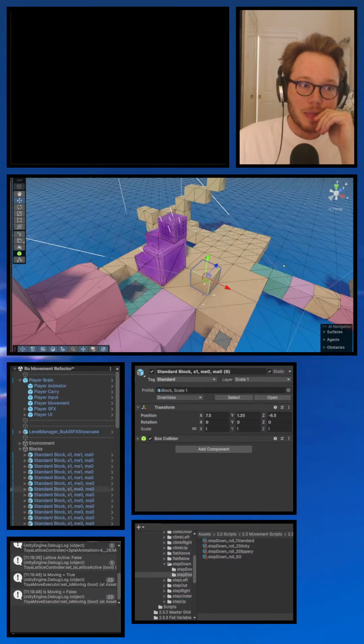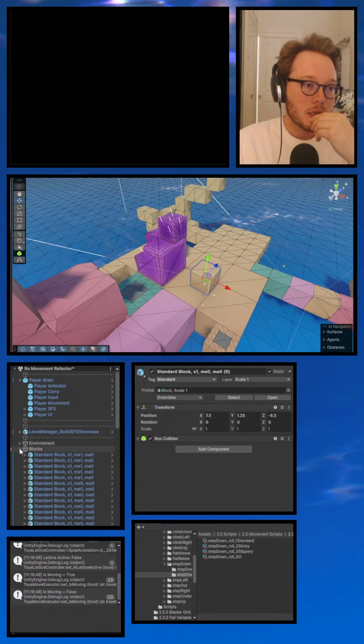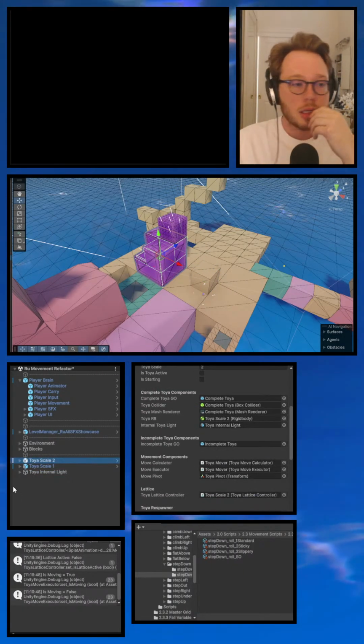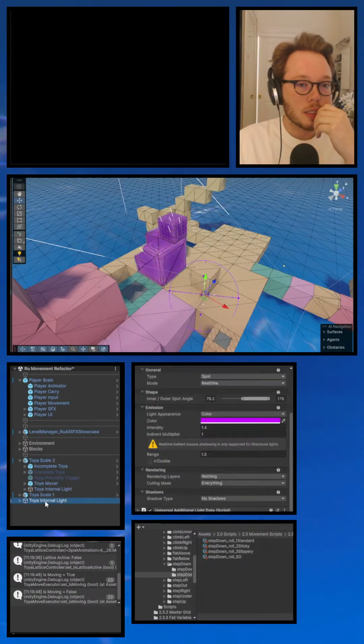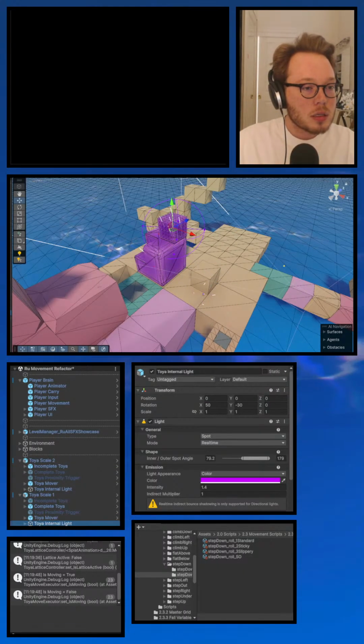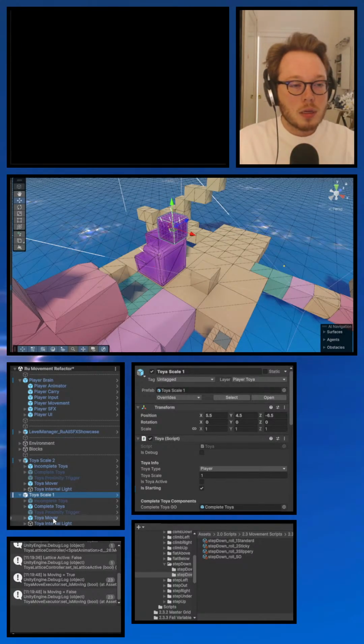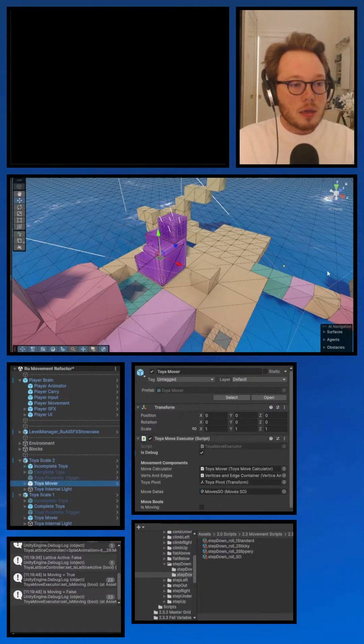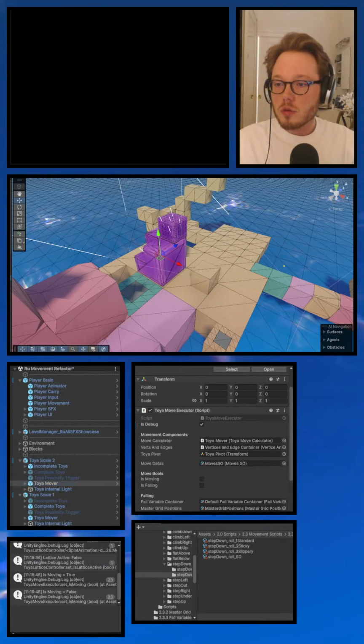So let's first start by having a look at our wonderful TOYA and its... Whose internal light is that? Neither of them. Great. Move calculator.